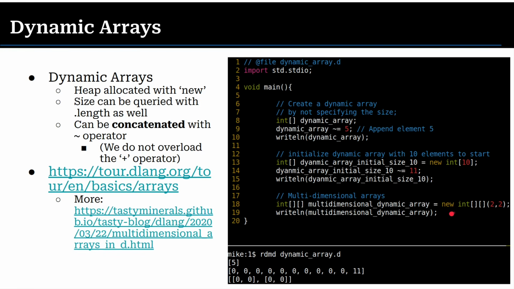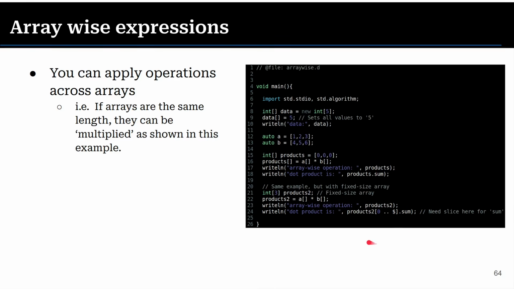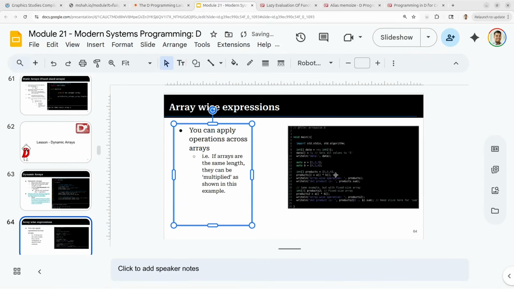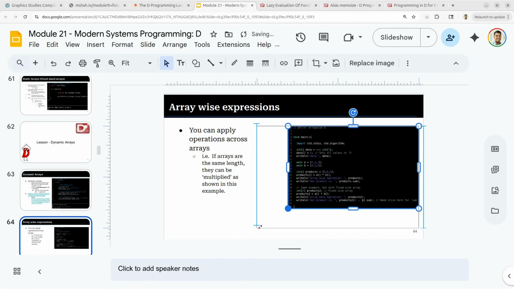And I can do similar operations with multidimensional arrays. So here's a multidimensional array below. There's a bunch of other neat array-wise operations you can do. If you're coming from a Python world, some of these might be familiar. Let me just make this a little bit bigger so you can see it on the screen more easily, depending on your monitor size.